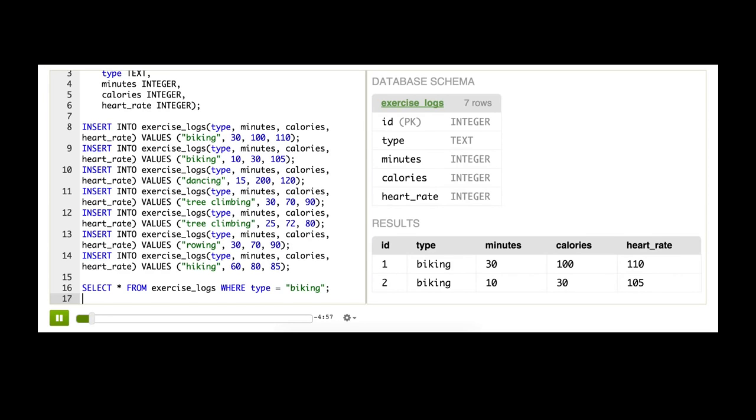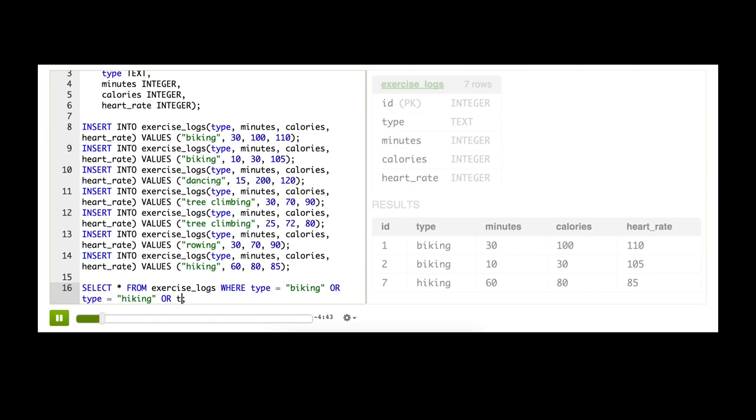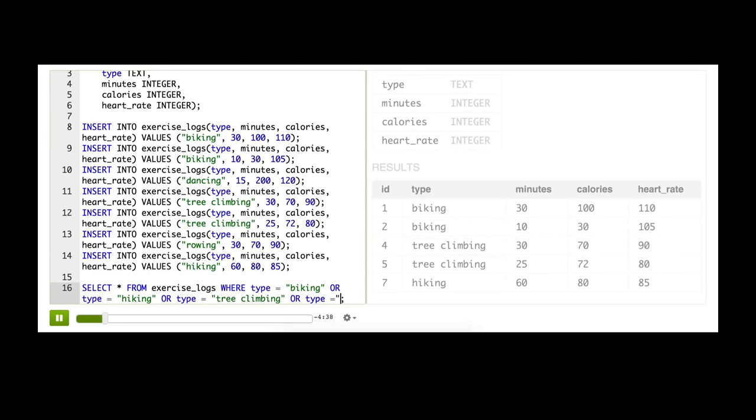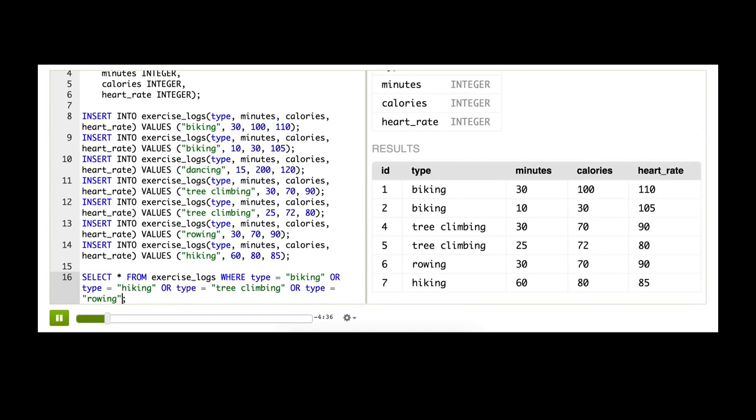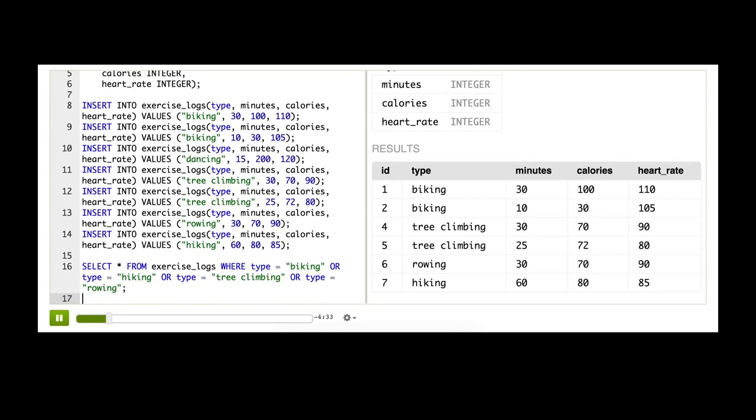So to do that, I can use the OR operator that we just learned, checking each of the different outdoor types. So type equals hiking, or type equals tree climbing, or type equals rowing. Unfortunately, I don't yet have a mountain or a tree or a lake in my home, so all of these are outdoor activities. All right, so that worked, but there is actually a simpler way to do this query,